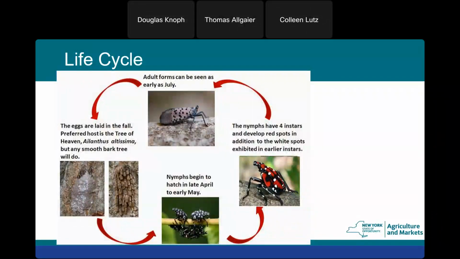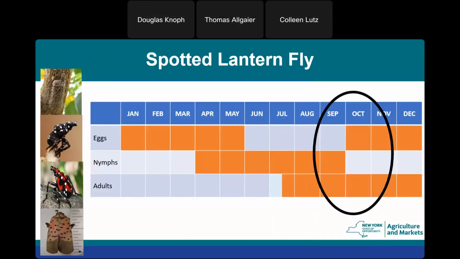So next page. And this just kind of shows us where we're at, that we will start seeing egg masses very shortly. I believe there were a couple locations on Long Island that actually had egg masses, but they weren't sure if they were old egg masses or new egg masses. But we're getting into egg laying season, and the adults are still out. You may see 1 or 2 still of the 4th instar nymphs, especially in some of the northern parts of the state where the temperatures haven't slowed down as much. So next page.